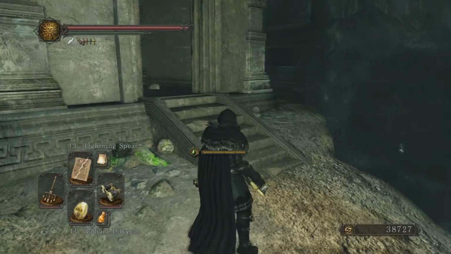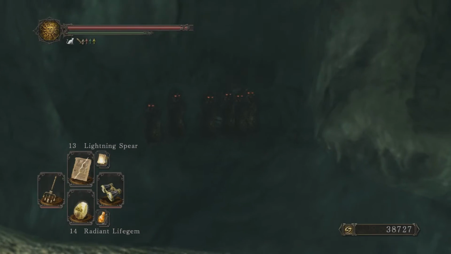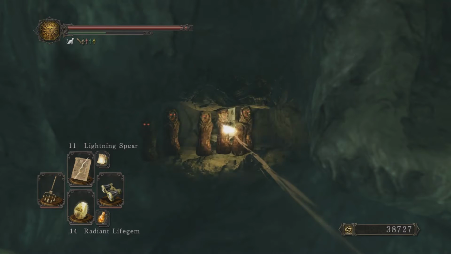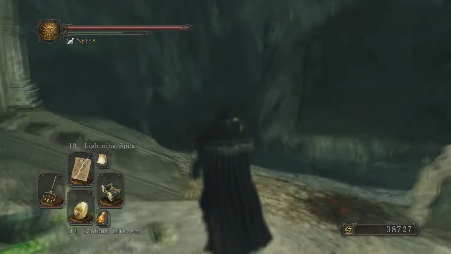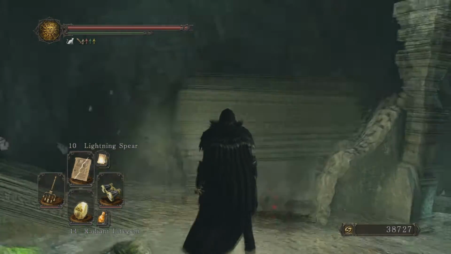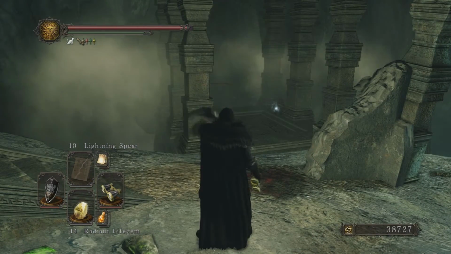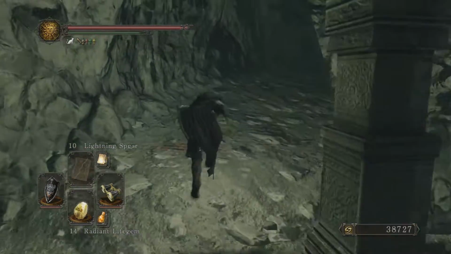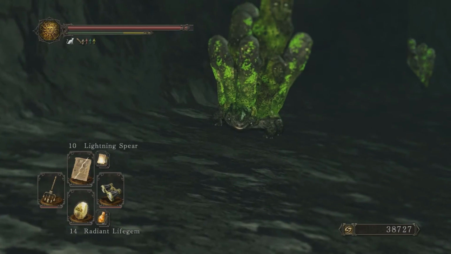If you look over here, you'll see these little statues with red eyes. That will actually lead to a side area, but you got to break them. I tried breaking them with arrows, even the heavy arrows, and they didn't do it. I don't know if bolts will do it, but I know magic will, as you see, I did it with a lightning spear. And also, the soul arrows will break those. But pretty much you break those, hit the switch behind them, and it will raise a thing over here. And you'll see a bunch more of these little